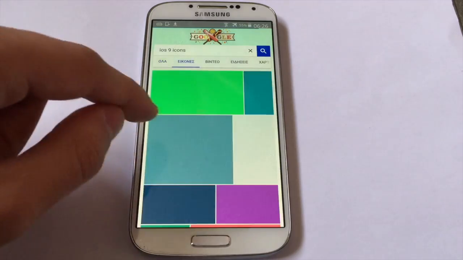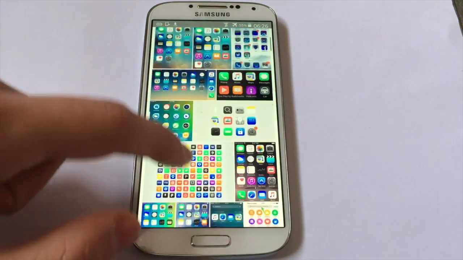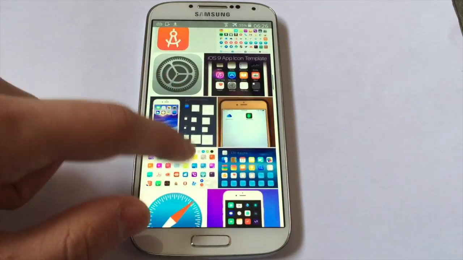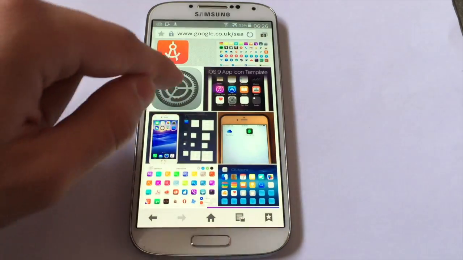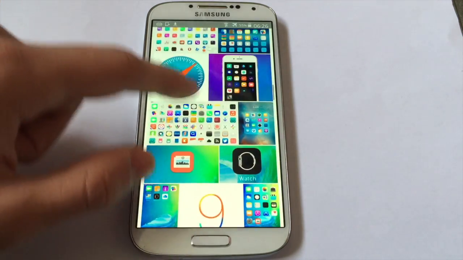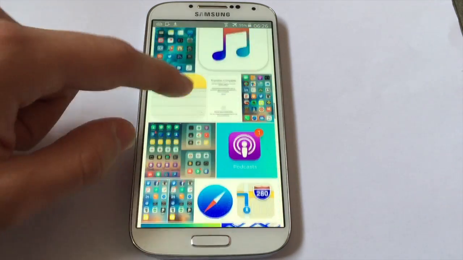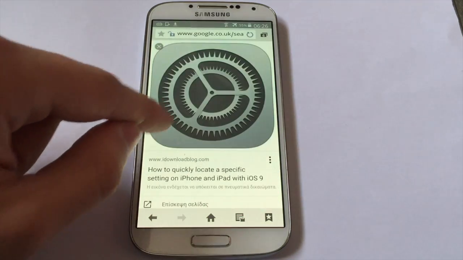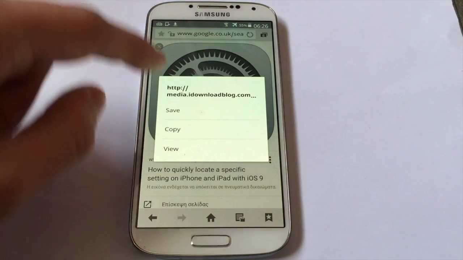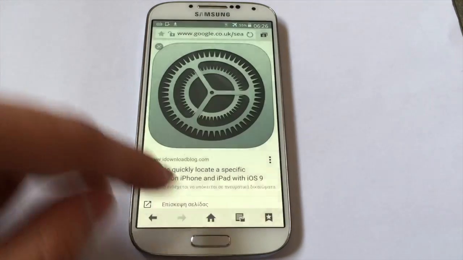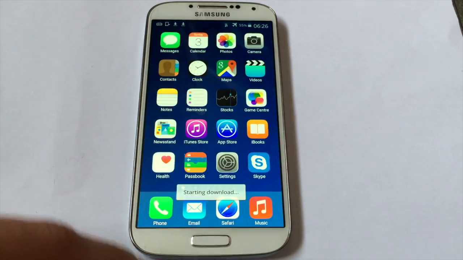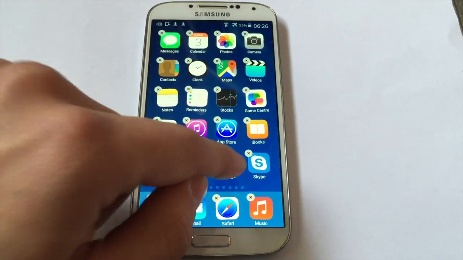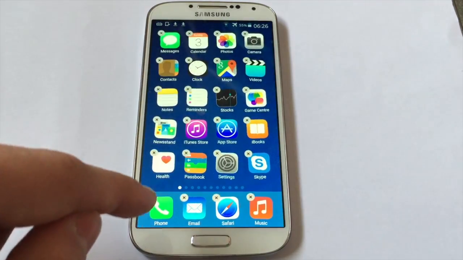And let's go to pictures and scroll down until you find the icon that you like. So for example, here I have the settings icon, here I have the Safari icon, the music icon, the notes icon, and it goes on and on. Let's click on the settings icon, hold down and press save the icon. Let's go back, hold down the app, press on the app, click on change icon,